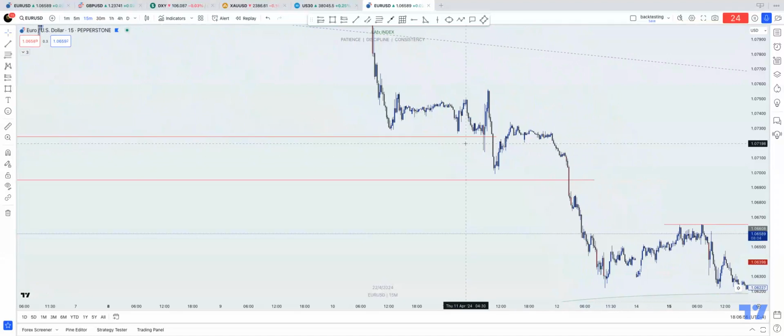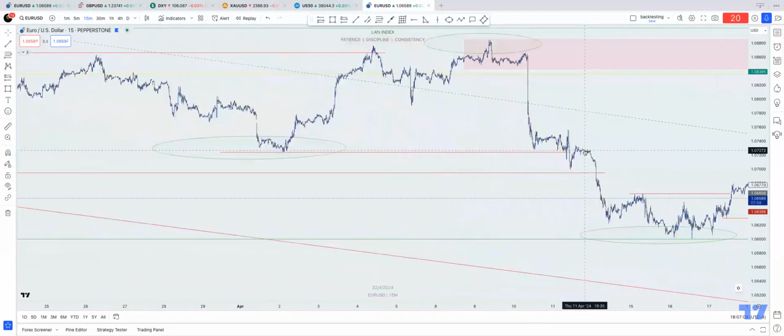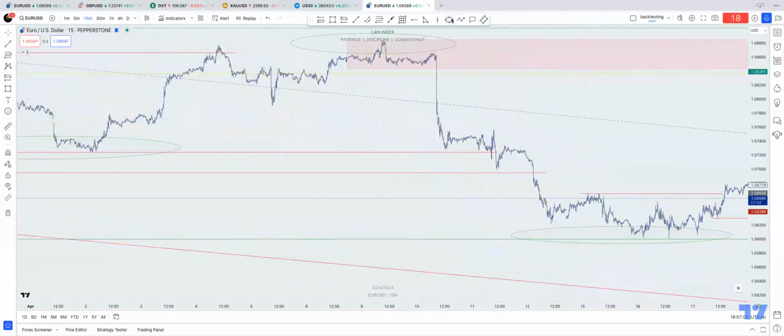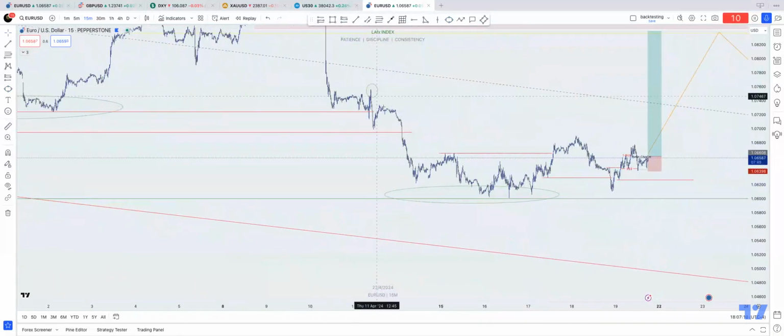Okay, that's it. So we could have also been looking at this being some form of internal high, right? Internal structure. We have this, we have that, we have this, we have that, we have this. So we could